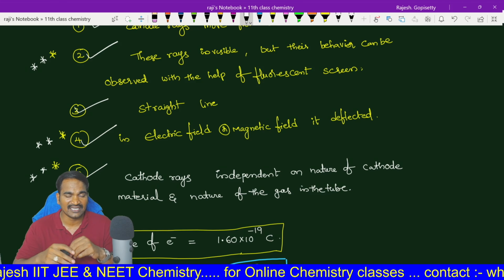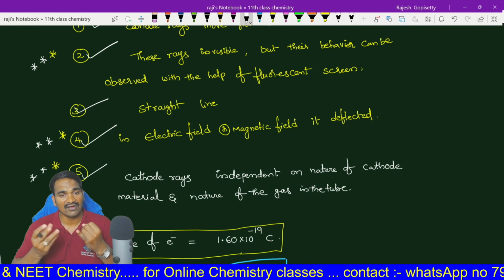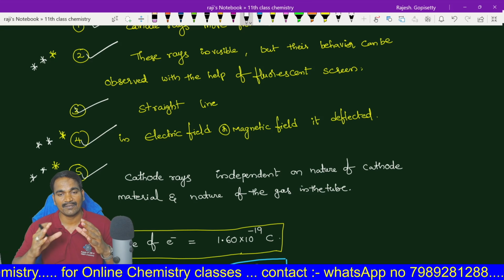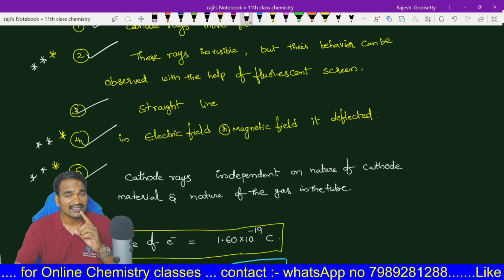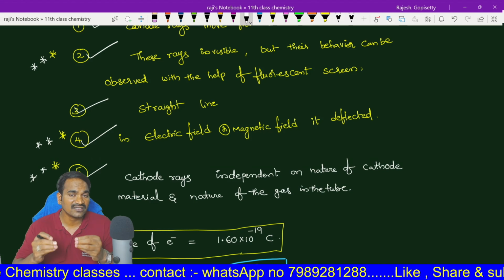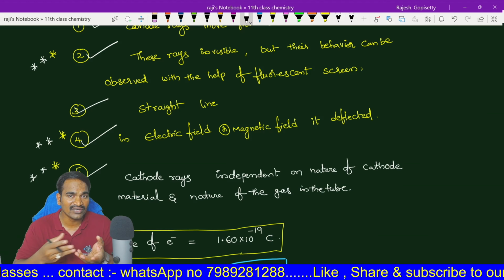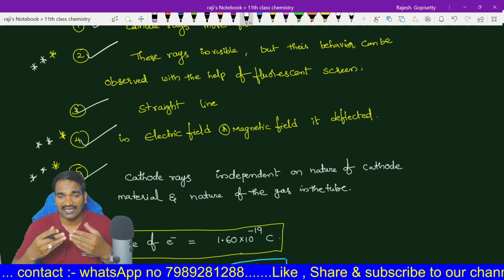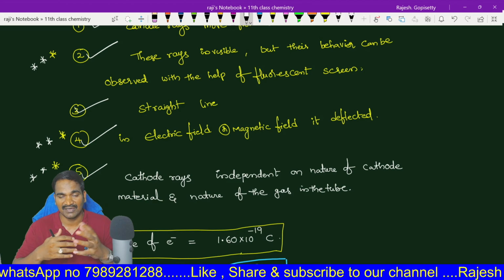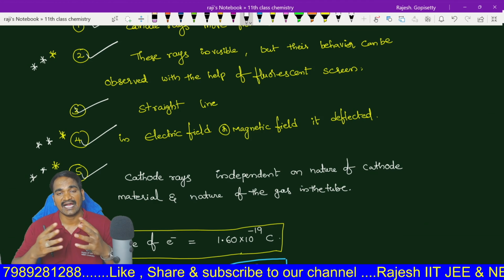So focus on these two points. It is independent of the nature of the material of the cathode, and the nature of the gas which we take into the discharge tube. So it does not depend on any of these points. And that's why we can say that in all materials, or all elements, the constituent particle is electron. You need to have clarity: because these rays do not depend on the material, with any material you take, they come. That means if you take any material or any element, this electron is definitely present inside those metals or elements. So it is a constituent particle, we can decide. These are all the characteristics of the electron, and we will discuss